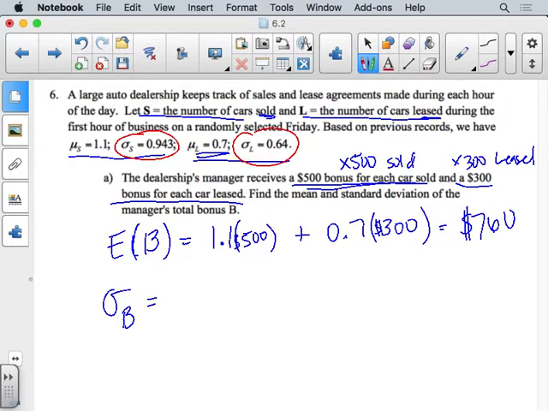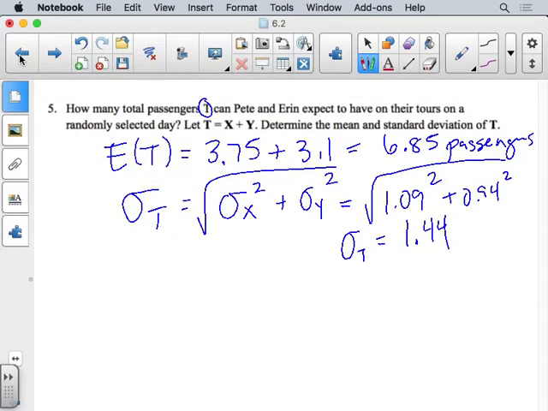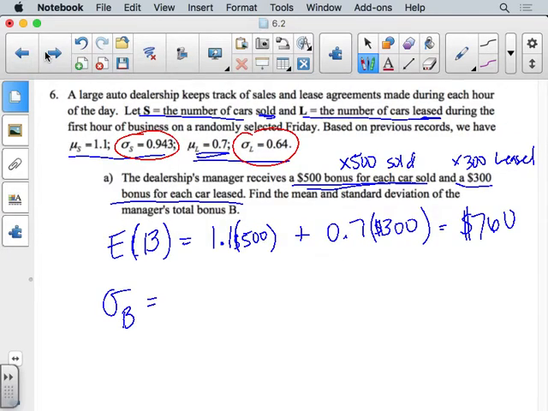But since we're multiplying, this adds another element. I have to do what we did here, where it is the standard deviation squared plus this one squared, over the square root. So on this one, I have to take the number of cars sold,